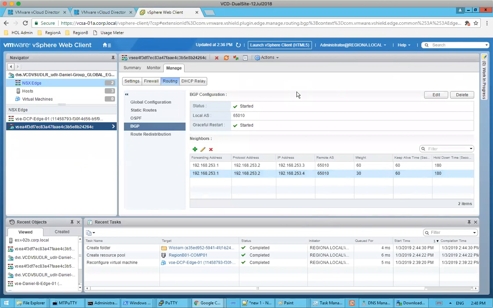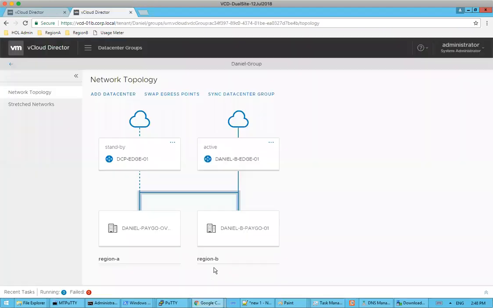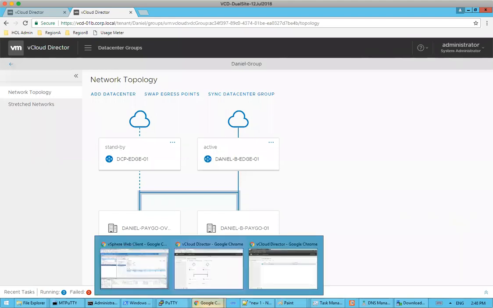One of the things that we wanted to definitely show on my Daniel organization was that once I created the active and standby egress, I can now see new BGP weights associated with this. Higher weight shows my active path, while the lower weight is my standby. So moving on, we can just demonstrate that I have my active and standby, and we're now ready to create